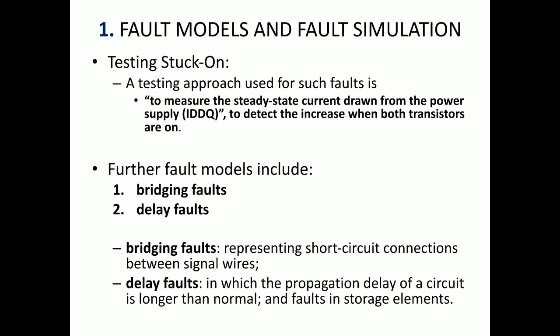We also learned that a node should be observable and controllable. Finally, we saw other fault models like bridging faults and delay faults, where bridging faults give information about short circuits within the circuit, and delay faults give information about propagation delay, which explains why we get a wrong output. In delay faults, the propagation delay is more than normal. What happens then? Even if we get the correct output, it is delayed, and the time of getting the output is wrong. What will that affect?